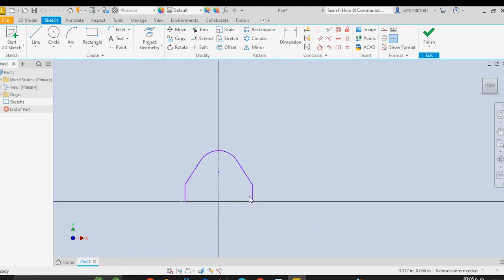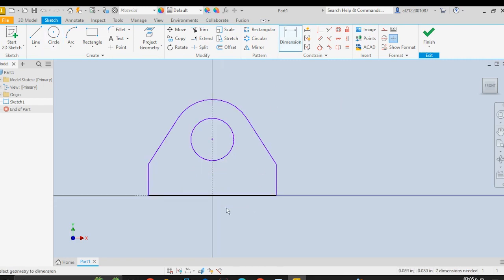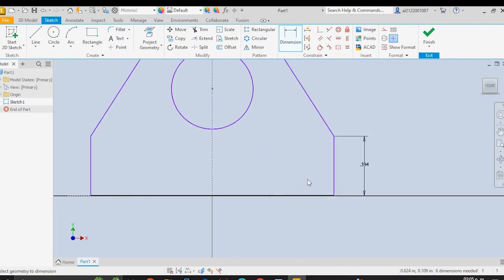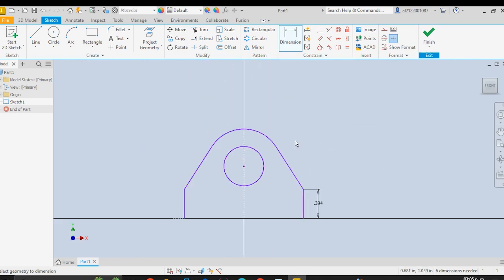We draw a circle and we give measures. This 10 millimeters, and here to here 42 millimeters,